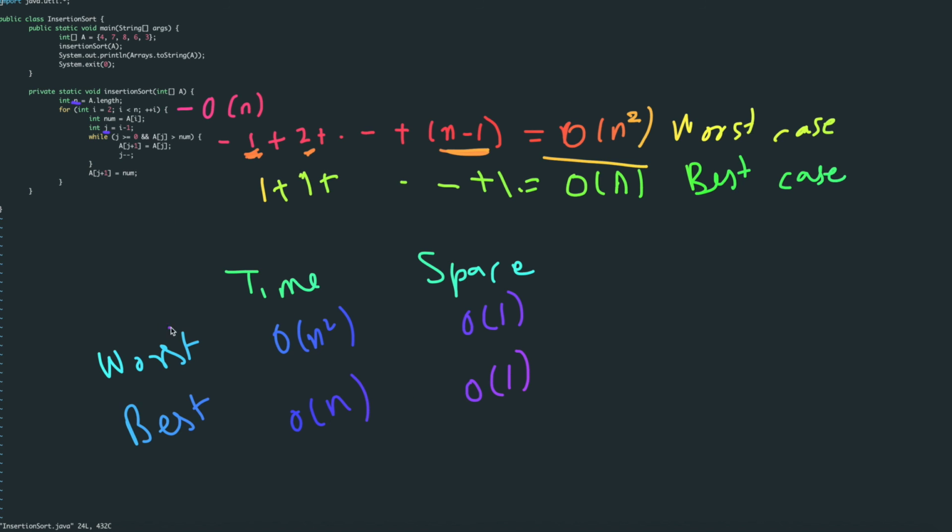So this is how insertion sort works, and these are the worst and best case time and space complexities. One thing to note is insertion sort is a very good algorithm to sort an array if the elements are almost already sorted, because in that case the time complexity comes out to be order of n, which is the minimum we can have, right? But if the elements are not already sorted or almost sorted in increasing order, then the time complexity is pretty large, which is order of n square, and hence it's not a good algorithm.